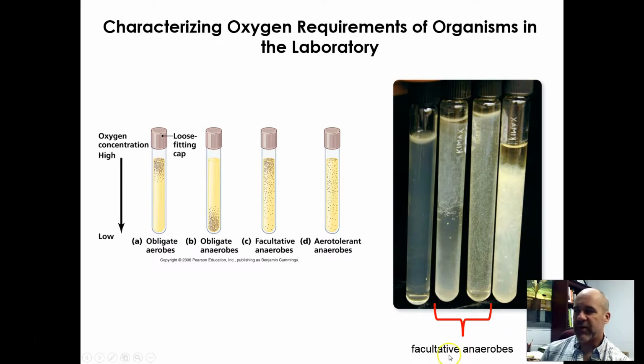These are both examples of facultative anaerobes, different species. This one is growing heavily at the top, and it kind of drops off a lot before you get all the way to the bottom of the tube. This one's growing better all the way to the bottom of the tube. So these facultative anaerobes, different species, will have different abilities to grow in low oxygen levels, some slow, some faster. And then over here you actually have an obligate anaerobe. You can see the anaerobic environment in this tube actually starts about right there. This would be your aerobic part up here. So it's not growing up here, and it is growing down here toward the bottom.